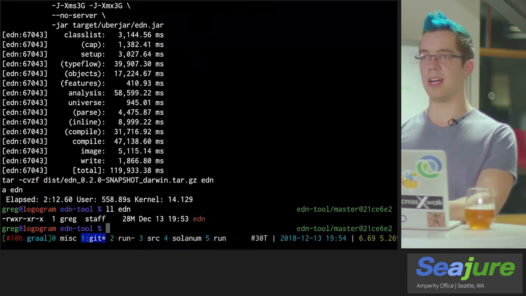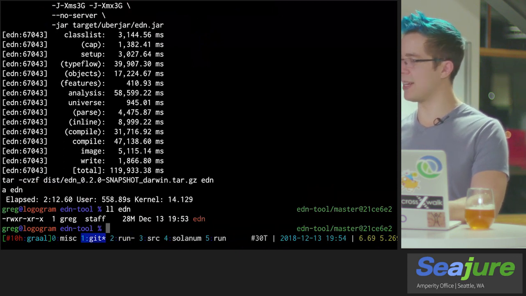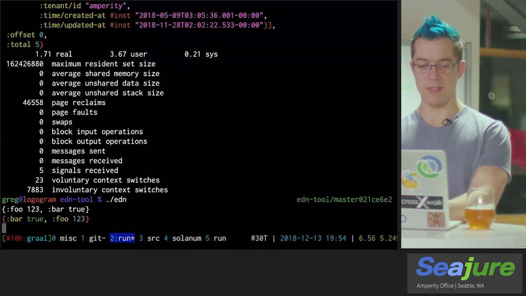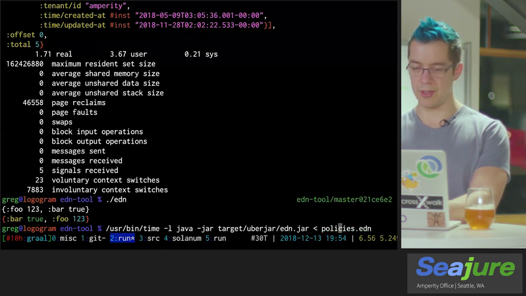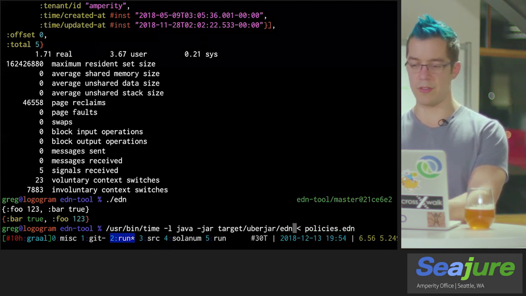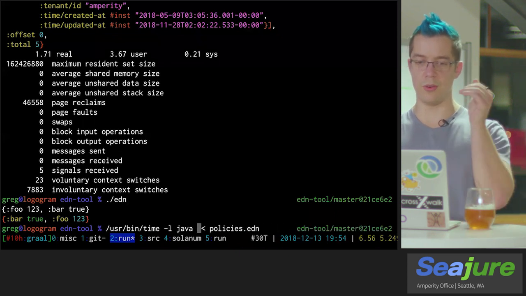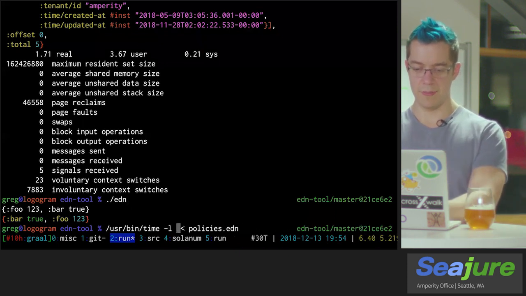It's about 28 megabytes uncompressed, so again, probably bigger than you would expect to see a native executable take up space-wise, but it's pretty fast. Let's motivate that with a real example. So going from line run to an uberjar got us down to 1.7 seconds and 162 megs of memory.